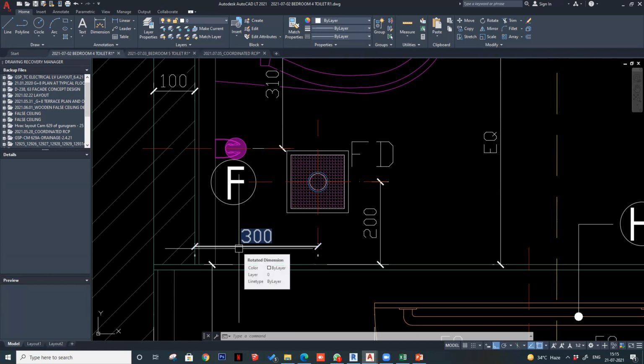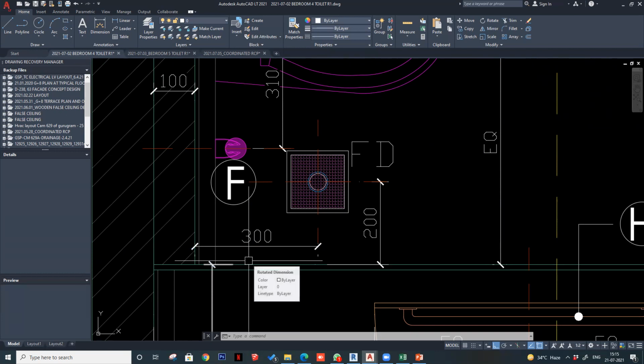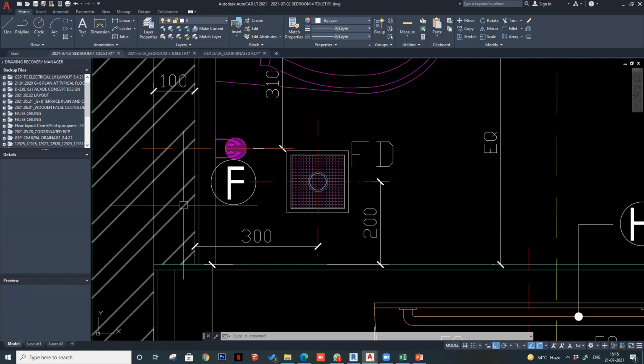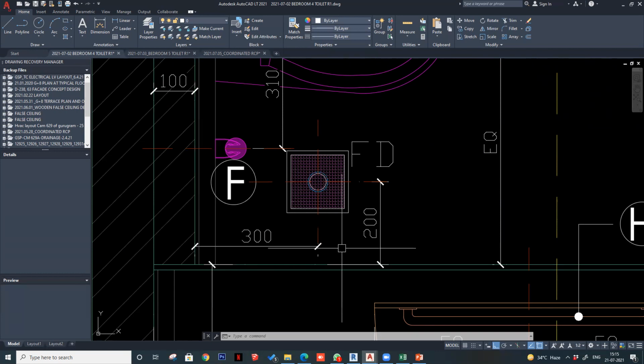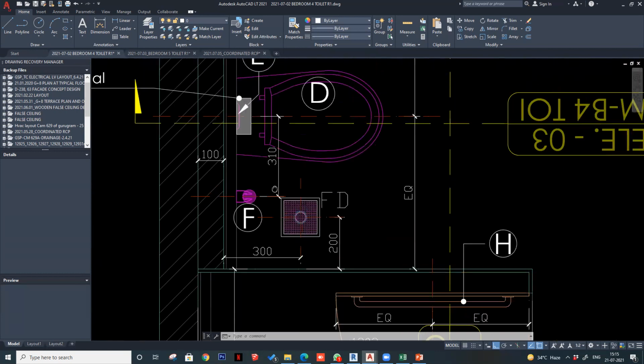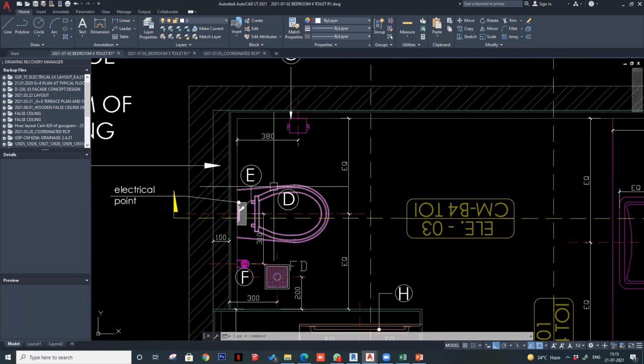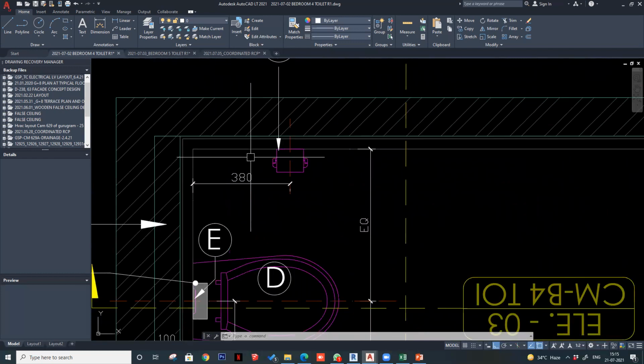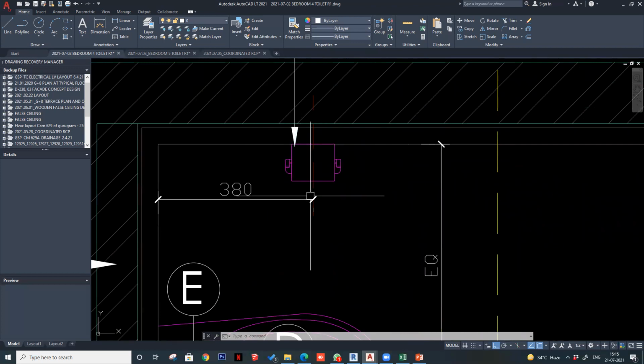because whatever plumbing points or drain points they are fixing, at that time the finishers won't be available with them. They won't have the finished level for that, right? So from the raw level, you should be giving these dimensions. And for example, fixing this tissue holder, obviously this will happen later. So you'll have to give the dimension from the finished level.